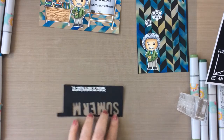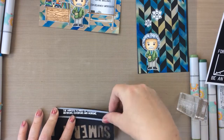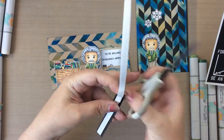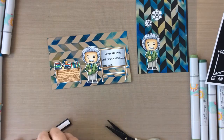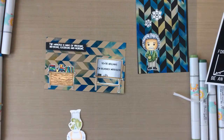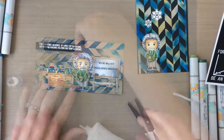And now I'm also white heat embossing this sentiment. It says, "The world is full of protons, neutrons, electrons, and morons." And so I put that on a black sentiment strip, and I'm going to pop it up with some foam tape here and put this card together now. I love this background with this card. It makes for a real simple background, but it adds a lot of pop with that foil, lots of colors here,